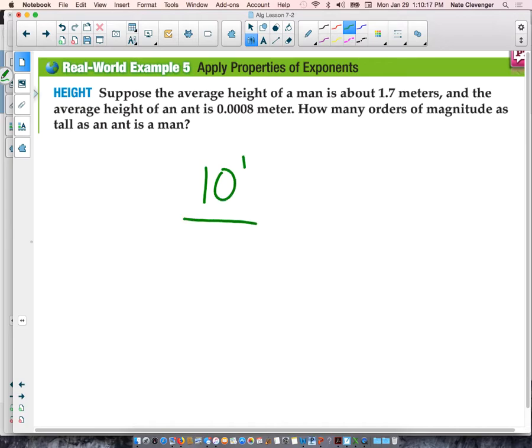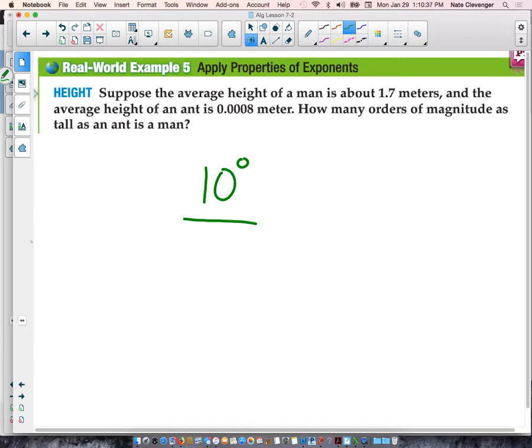And how many degrees of magnitude? I'm just writing it as a fraction of the human over the ant. Yes, ma'am? Wouldn't it be 10 to the 0? Yes, because anything to the 0th is 1, because 10 to the first would be 10. Thank you. 10 to the 0th. And then